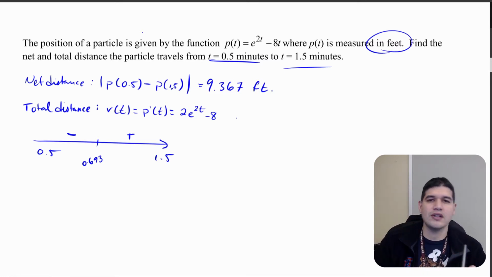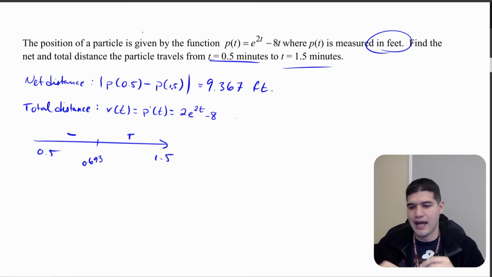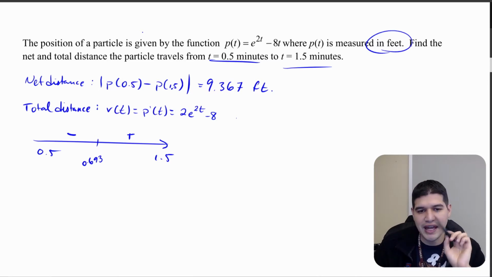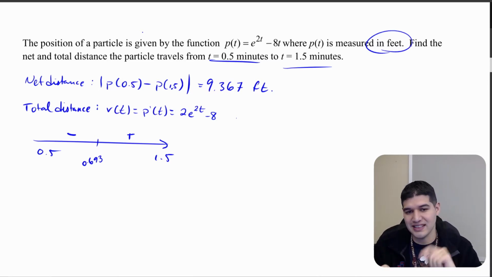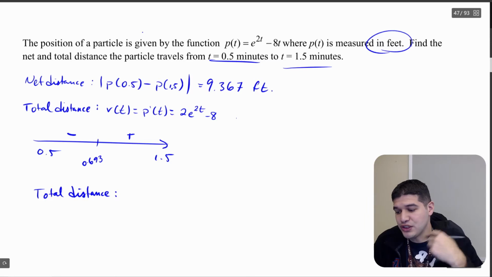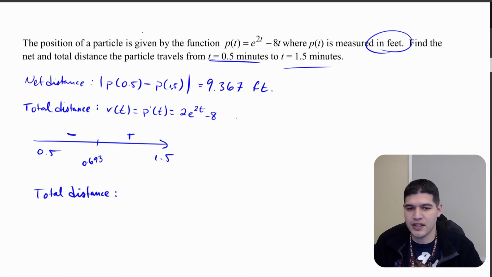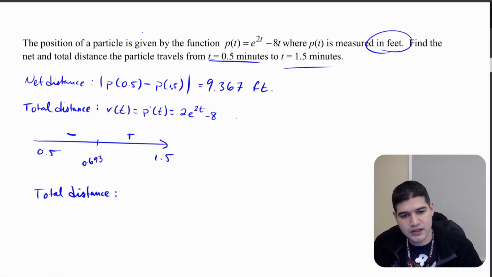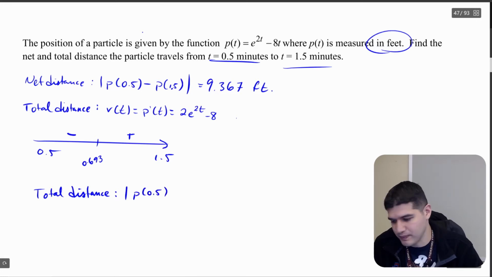So unlike our last video, since we have a change in direction at 0.693, we know that the particle's total and net distance are not going to be equal. So we do have to do that extra work. Let's find the total distance. Basically it's going to be two net distances, cut off at 0.693. So we find the absolute value of p of 0.5 minus p of 0.693